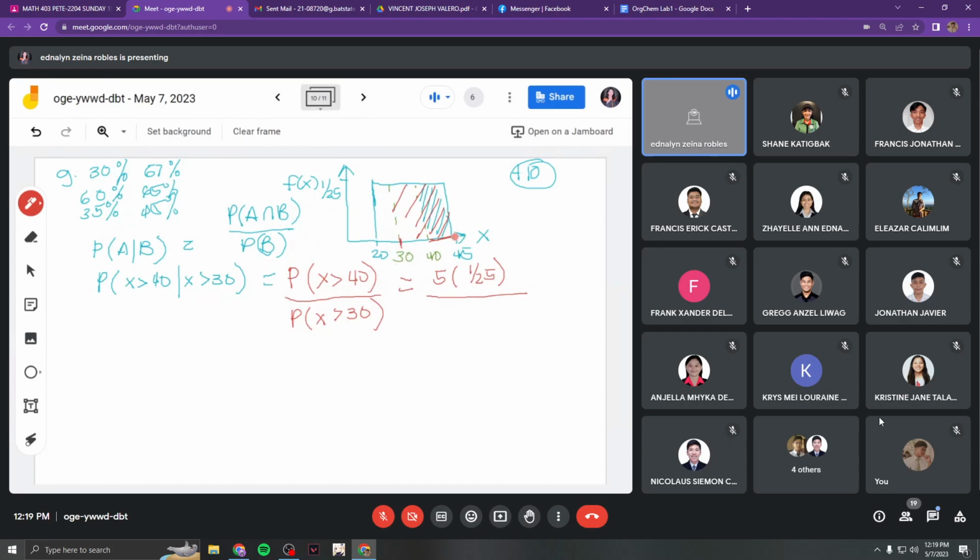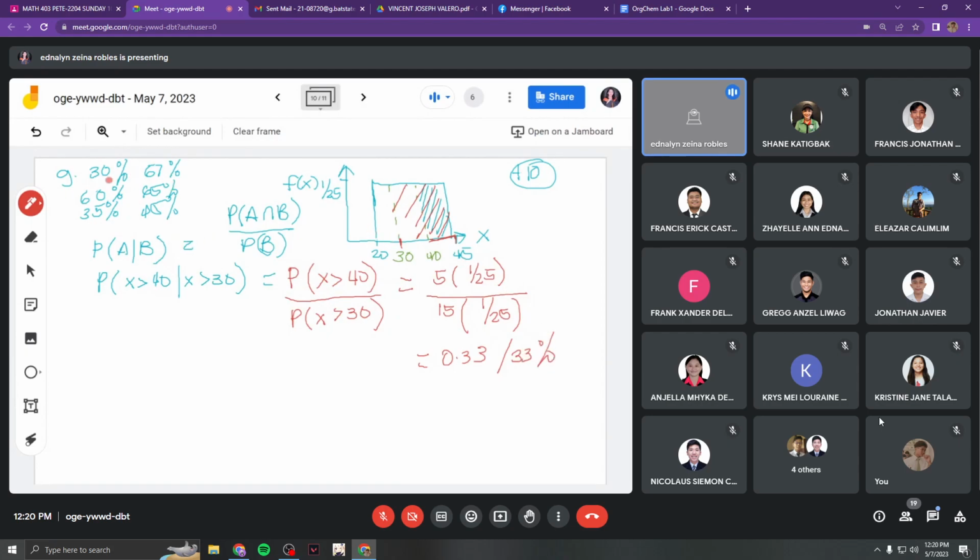From 30 until 45, we have the base of 15 times 1 over 25. So now you can solve for the probability that the students will take more than 40 minutes given that they take the chemistry test at more than 30 minutes. So what is the answer to this? 0.33 po pala. So 0.33 or